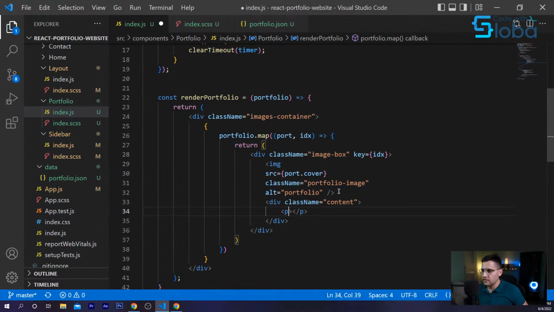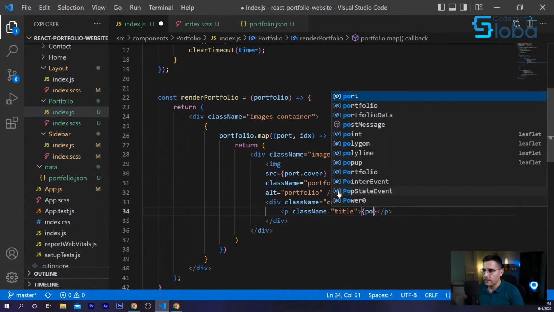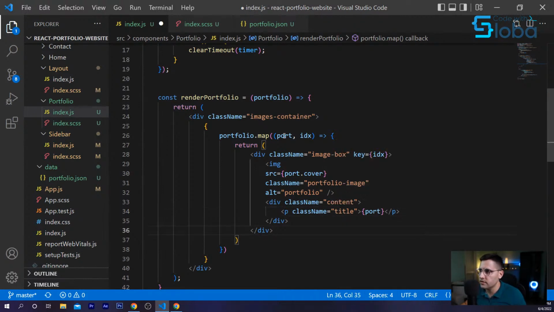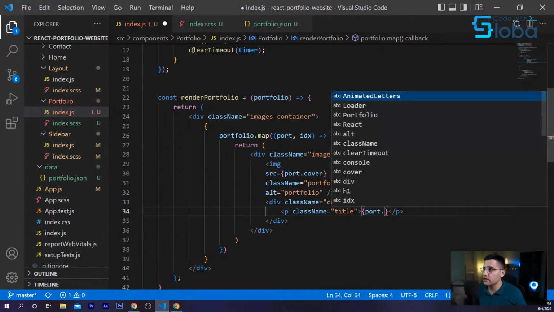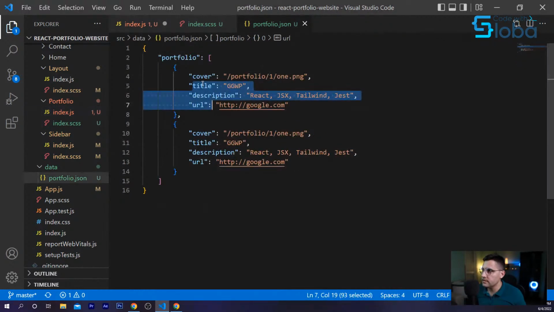We want to have a paragraph with a class name, let's call it title, and here we're just going to put the property. The name of our object is port, and the property that we want to use in the portfolio is title.